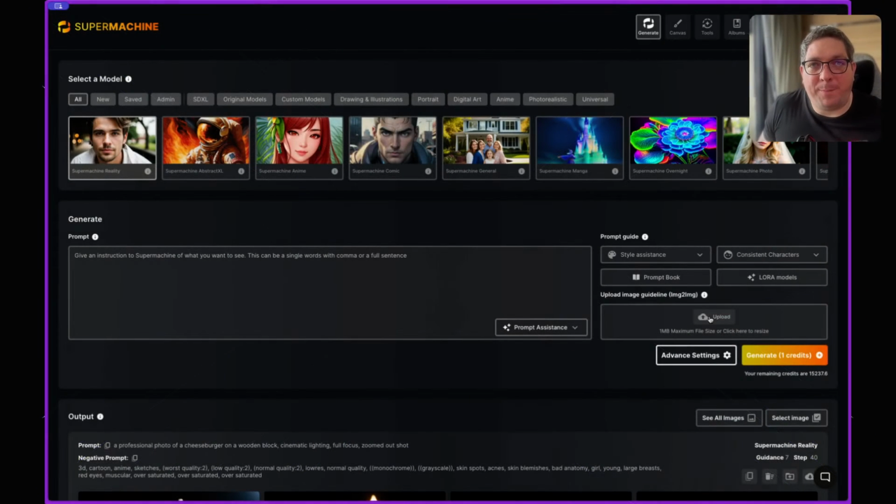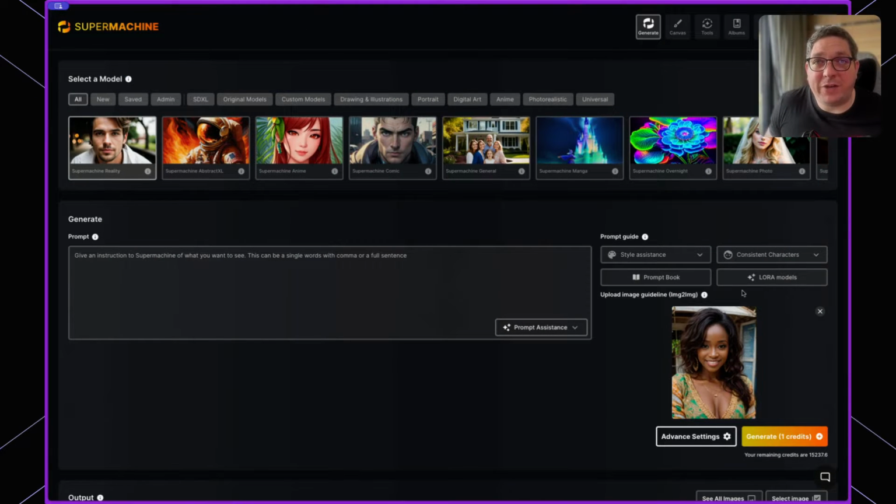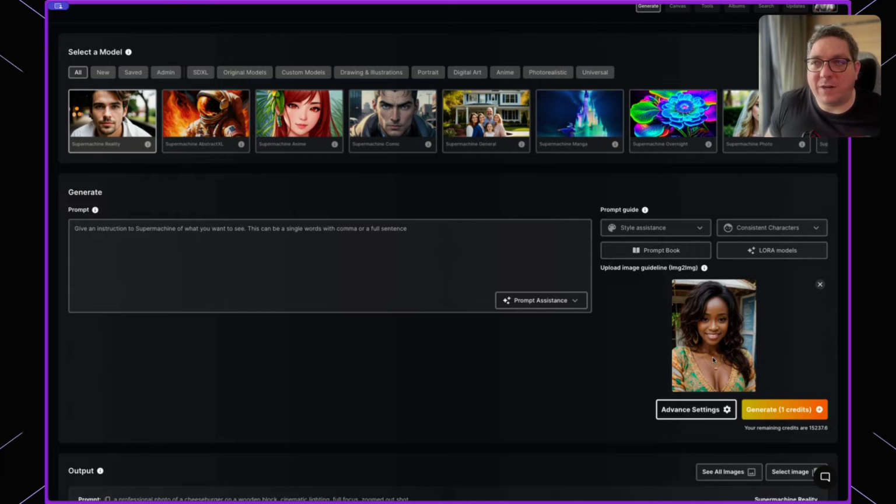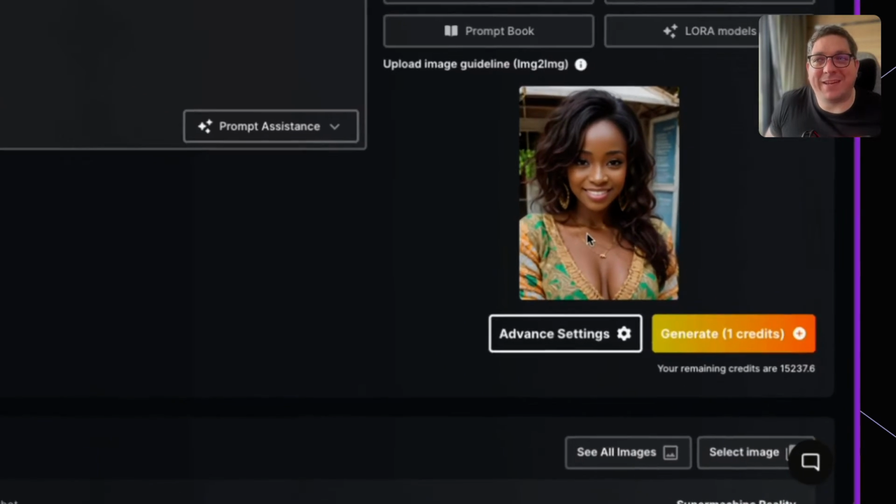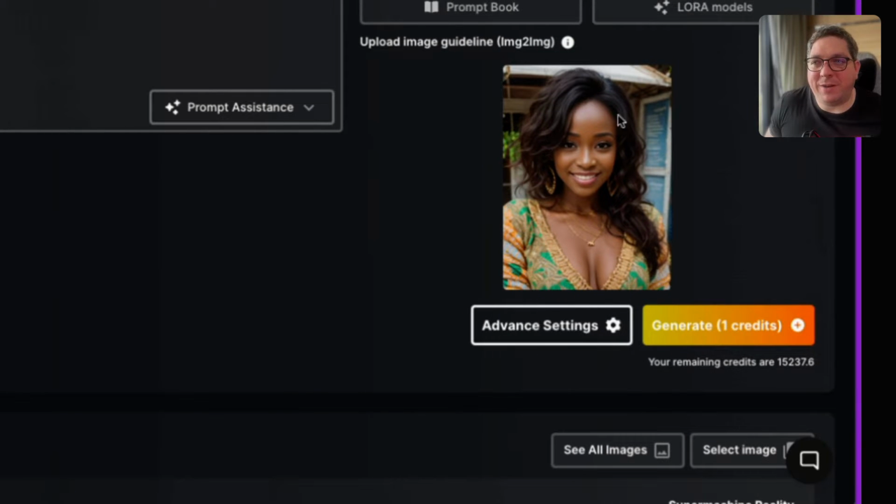With Supermachine, it's also possible to create images using an image to image generator. This is where you upload an image and you get a new image with that original image as a guideline. To do this from the Supermachine dashboard, simply go to this image to image section here and click upload. Once I have chosen an image, an example look at the image will appear below here. You'll see that this image is a 30-year-old Nigerian female,